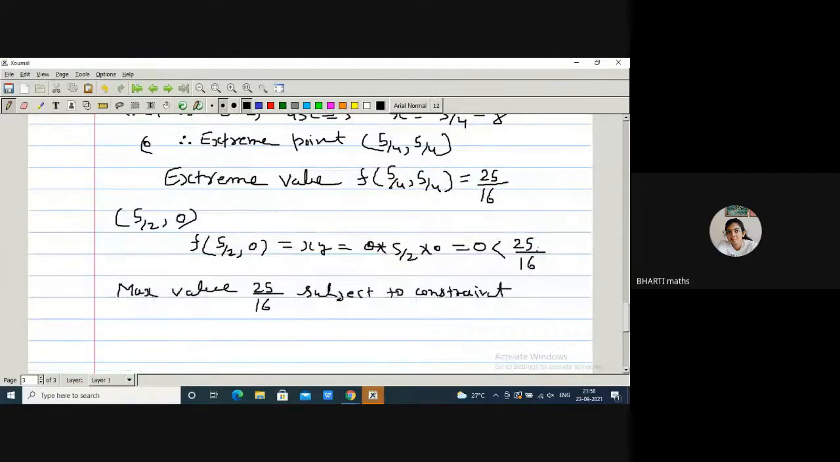So one more point can be taken, that is, it will have to be smaller. 0, 5/2. Take any value, whichever you like, tell me. Can you tell me the point, Bharti? 0, 5/2. I'm just telling that it is not giving zero maxima, but